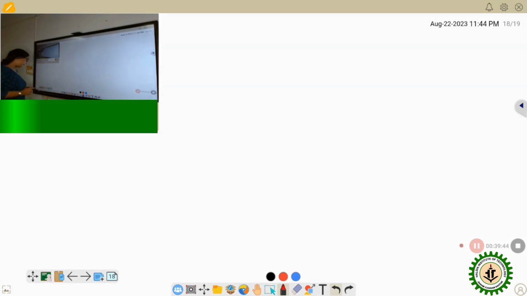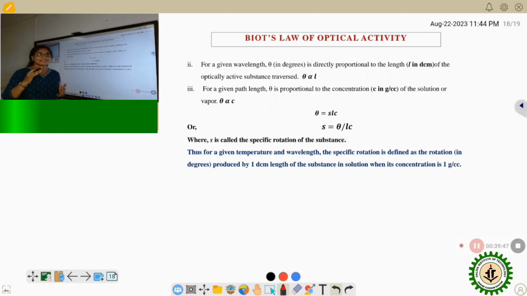Now, if the wavelength and temperature remain the same, then for a given wavelength, theta, the rotation, is proportional to the length of the substance. So theta is proportional to L, and theta is proportional to C, where C is the concentration of the solution. Suppose we are using a sugar solution. So take sugar in a beaker with some water, and as you increase the concentration, if you do the experiment, you will see